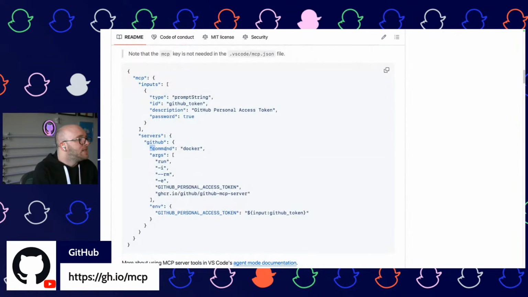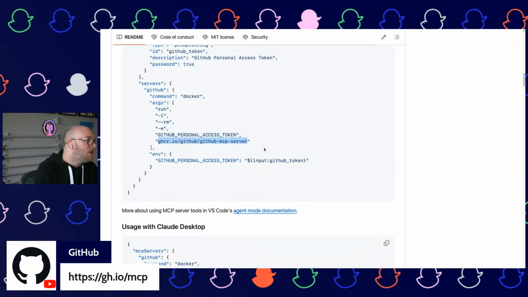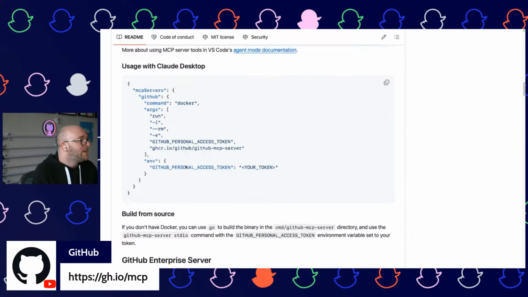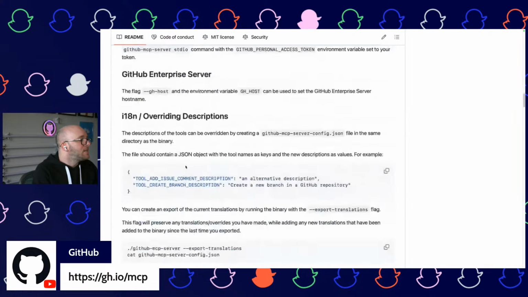The way that it's done here is it's actually pulled down as a Docker image. I'm actually going to show you it as just a local binary that I've built. So I've taken the code locally, I've built it and running it locally, just in case you don't have Docker installed in your machine. So Claude Desktop as an example, you can see here as well, etc.